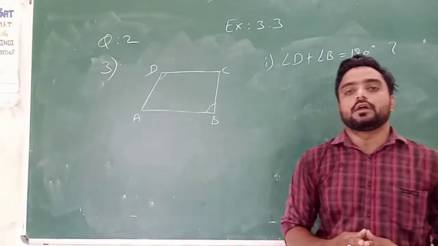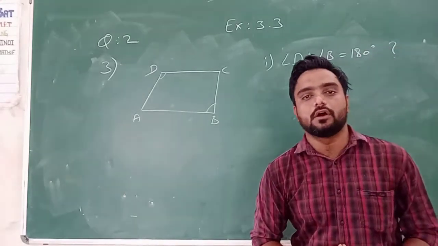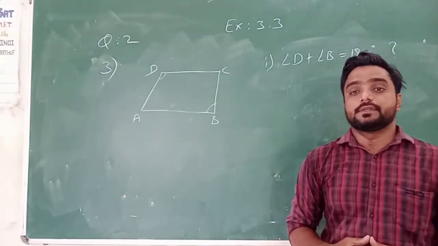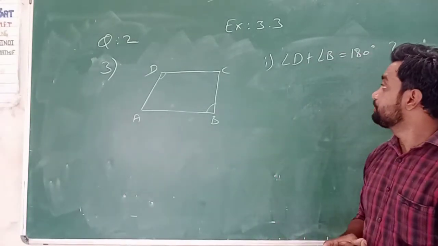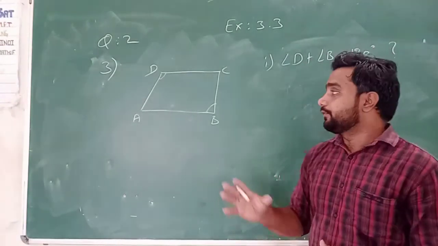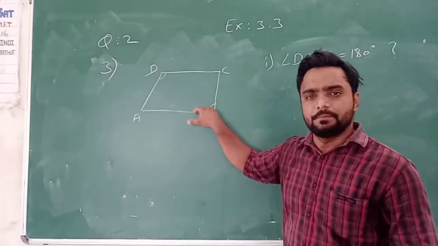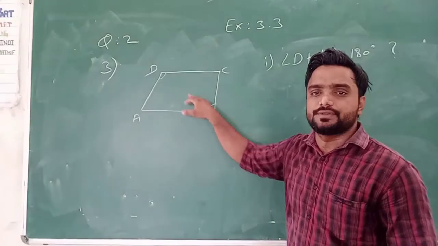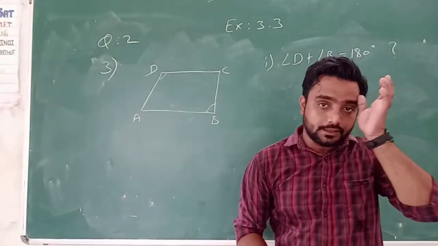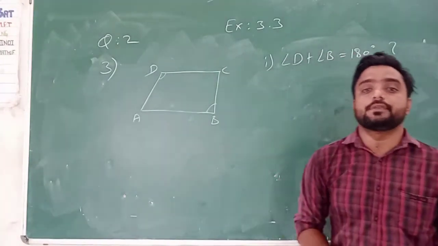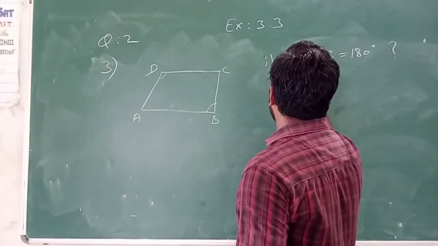First thing. Now another thing is what? The summation of the adjacent angles of parallelogram is equal to how much? 180 degree. Understand or not? So what we have to check? Okay, तो देखो यहाँ पर हमें क्या दिया? Opposite angles दिए गए. तो may be possible the summation of opposite angles is equal to 180 degree. Understand or not? May be or may not be. ये जरूरी नहीं है. Okay, so you can write the answer can be